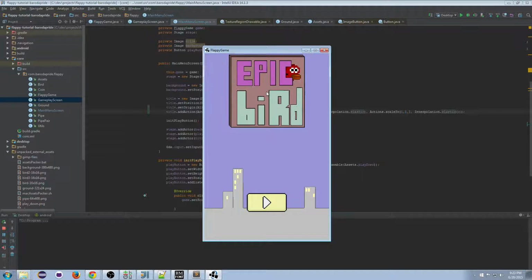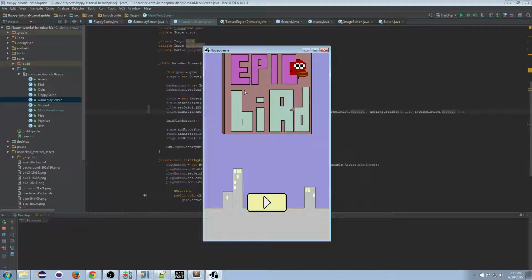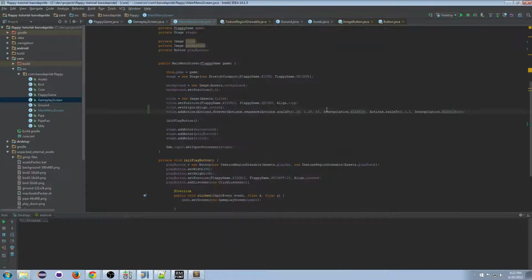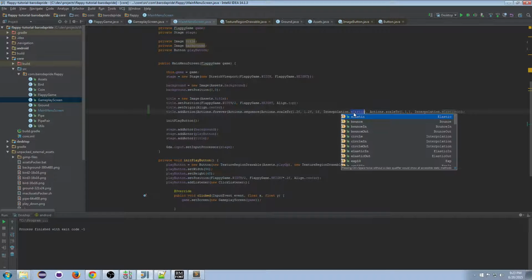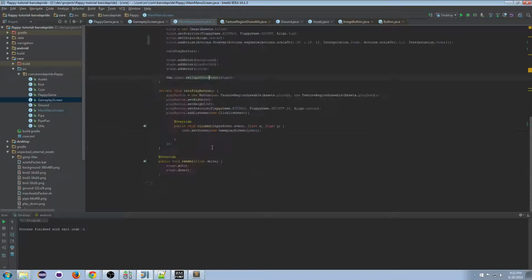Okay, so it's a little herky-jerky. It's not that smooth a transition. But yeah, you get the idea. You can do all kinds of different things with the actions. Let's try this fade one. Usually works out for me. Another thing we're going to do is